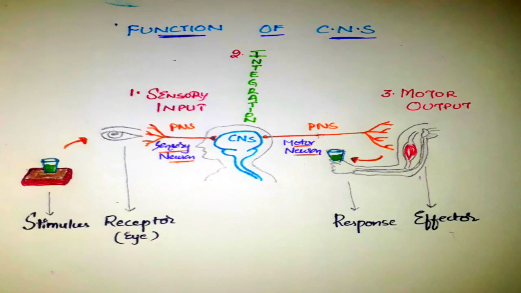Suppose if a new person enters our home, this information also goes to central nervous system through sensory system, that is visual pathway. Then the central nervous system will compare the image of that new person with the past image in central nervous system, and then it decides whether it is a familiar face or is he totally a stranger to us. Here, what central nervous system is doing? It is comparing and contrasting the new image with the past image, because central nervous system has stored a lot